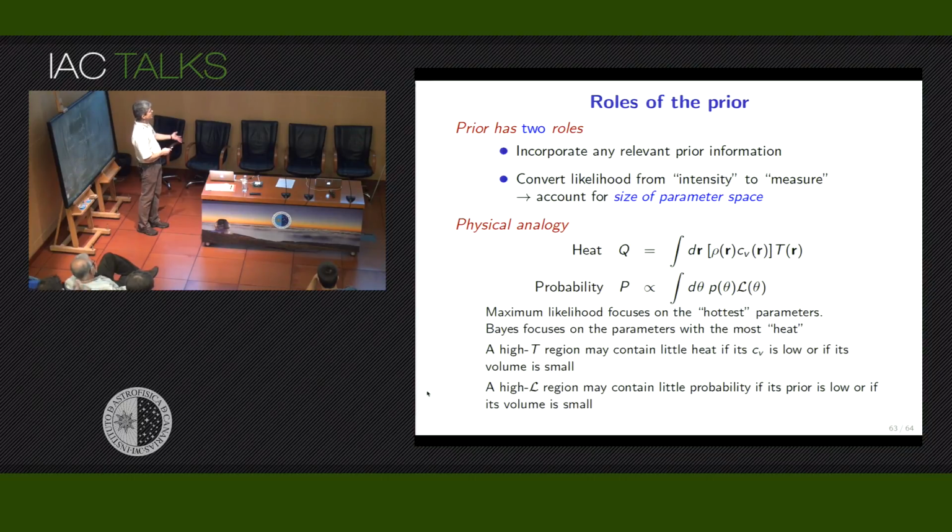So they're sometimes a nuisance, sometimes important for this. But there's a second role that they play. They convert the likelihood from an intensity to a measure, and they enable all of this accounting for parameter space size. So what do I mean by this? Convert likelihood from an intensity to measure. Well,